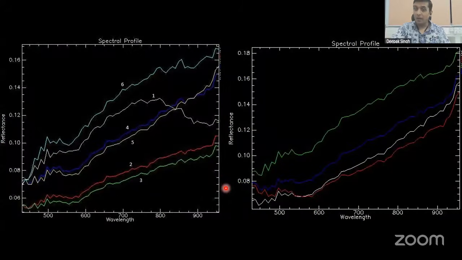And these are the spectral profiles. If you don't understand spectral profiles, don't worry about it. It's just like a signature. So we all have signatures, right? Every person has a different signature, no matter how close a relative you are, no matter who you are. Your signature will always be slightly different from somebody else's, right? It's like DNA, you can say. So what happens here is, when you look at something, it reflects some energy. Material reflects energy, so you receive this reflected energy and you plot it. On the x-axis you are seeing wavelength in nanometers. So 400 nanometers is blue, 700 nanometers is red, and above 700 is infrared.